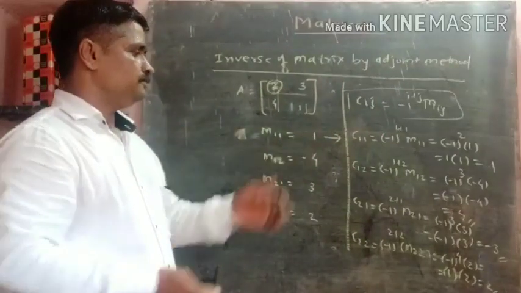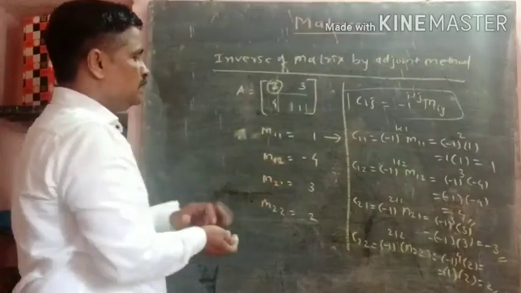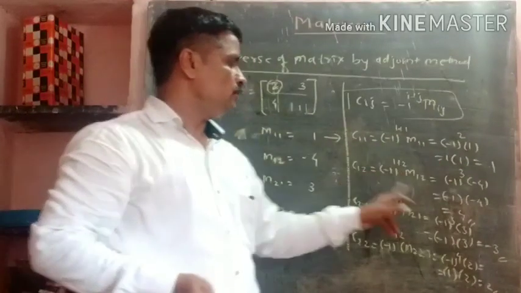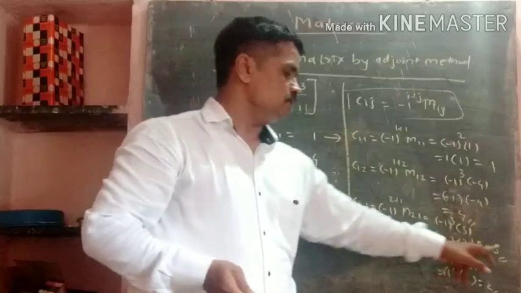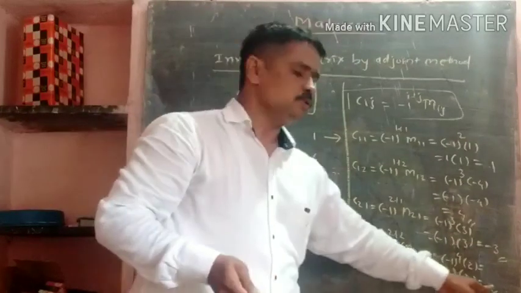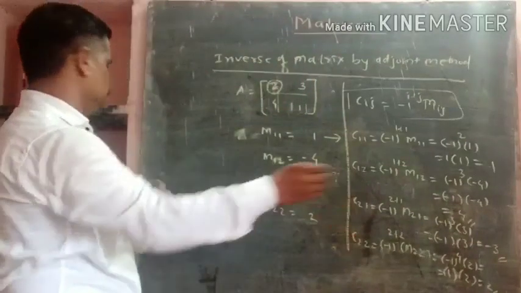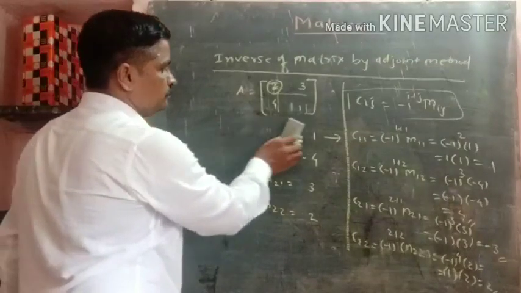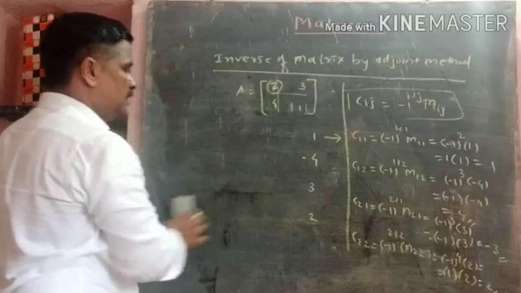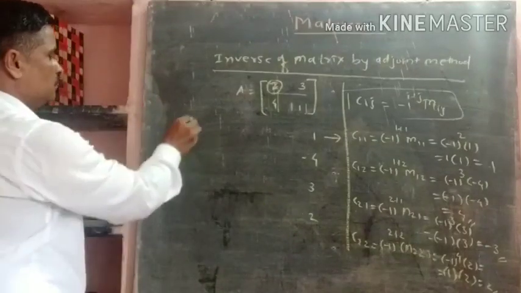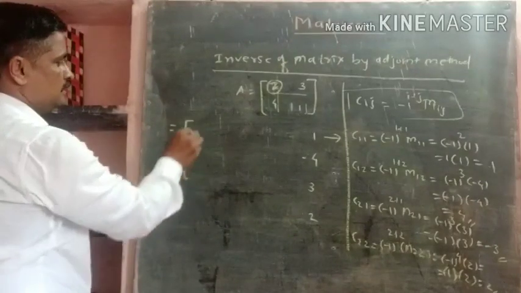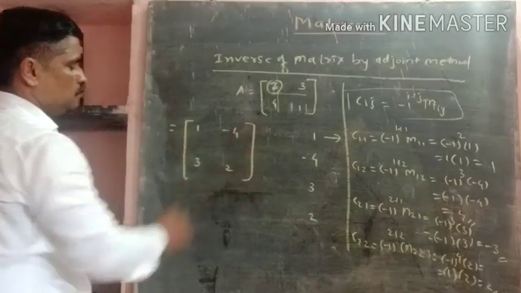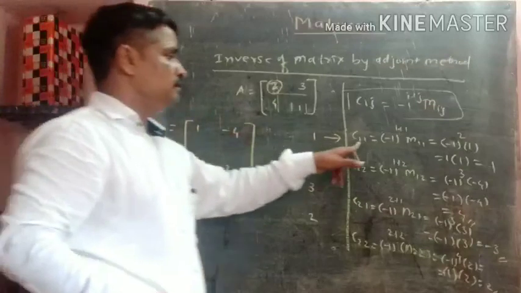So observe this: C11 is 1, C12 equals 4, C21 equals minus 3, C22 equals 2. So this is the cofactor. Write this cofactor. First of all, we write the minor, that is 1, 4, 3, 2. Again, we obtain